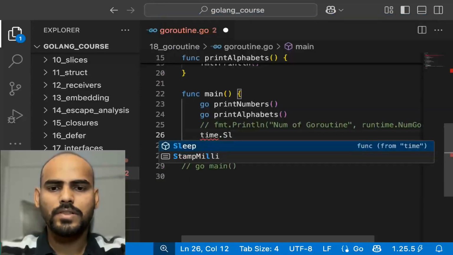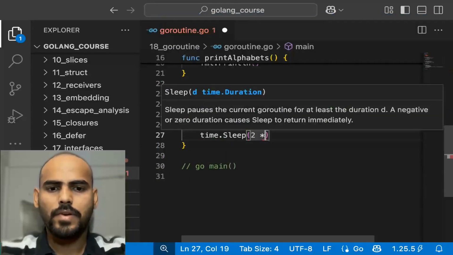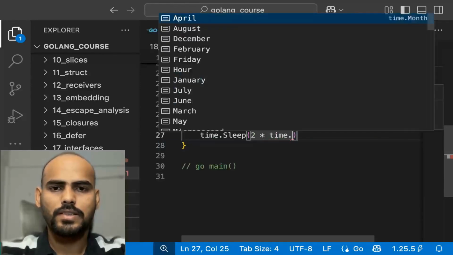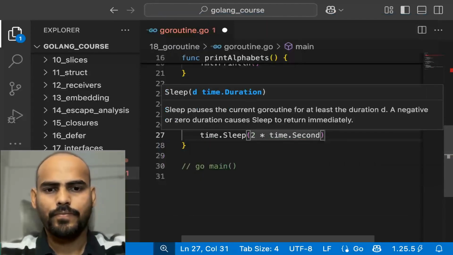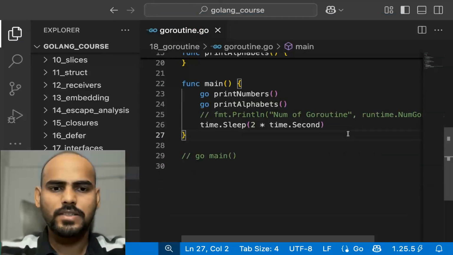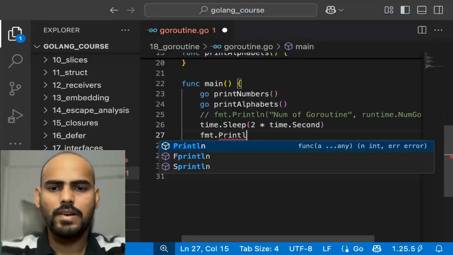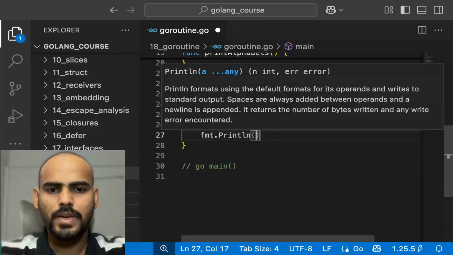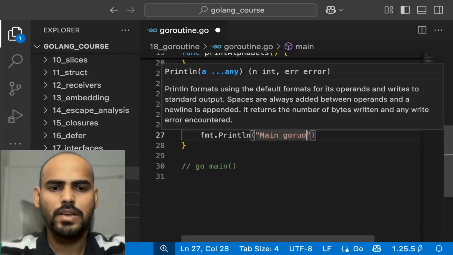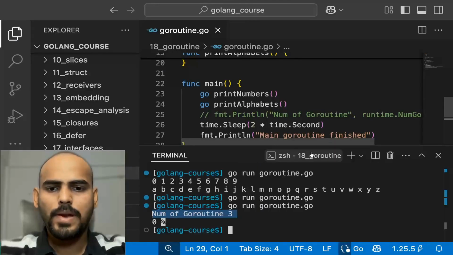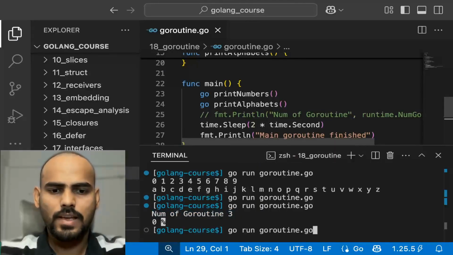We'll use time.Sleep, and let us say we wait for 2 seconds here. So like this you can make sure that the main Go routine waits for other Go routines to finish. And let us add one more line here, fmt.Println main Go routine finished. Okay, so if I open my terminal and run this code again,